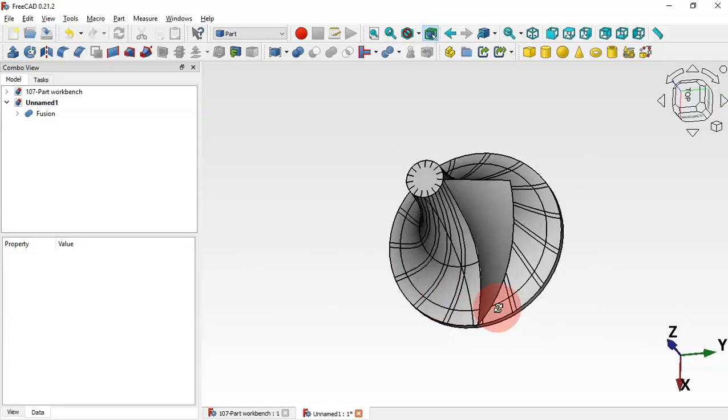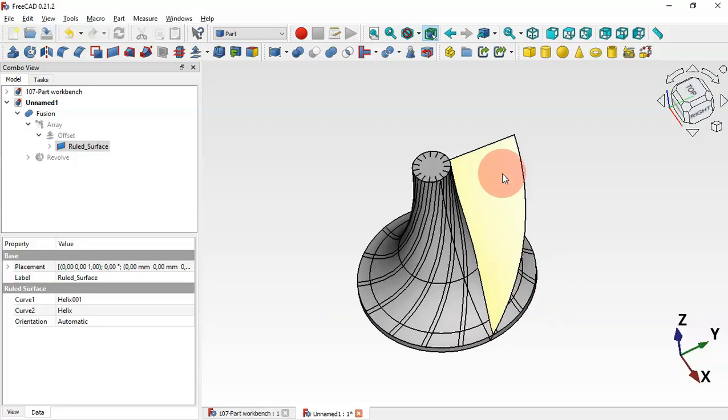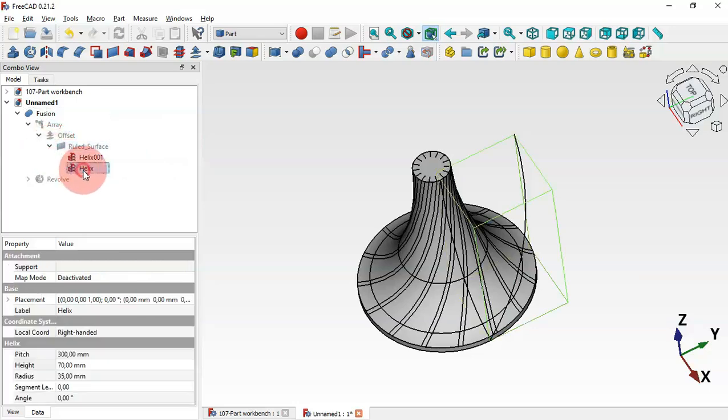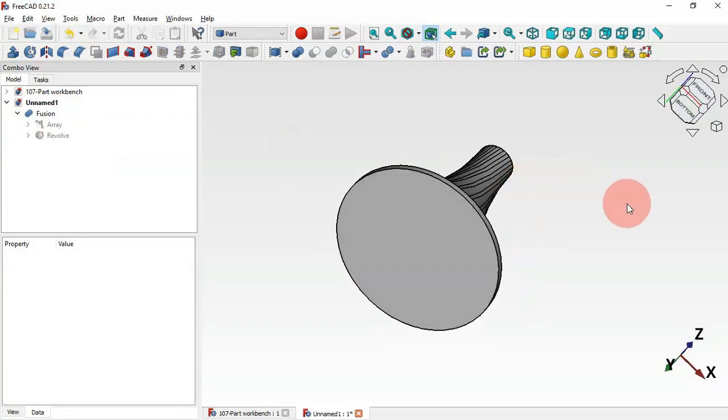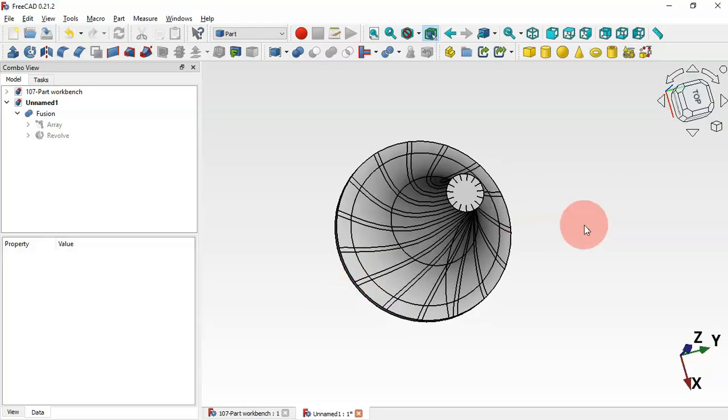Okay, we don't have blades here. If we select this surface here, as you can see, is this operation here, spacebar to hide this, and just click here, select these two helix and spacebar to hide. As you can see in this fusion, we don't have blades here,